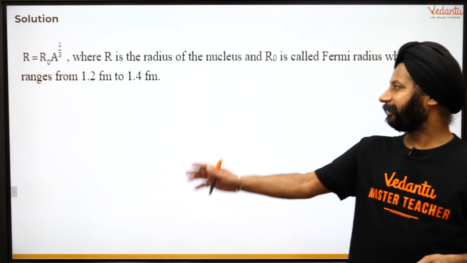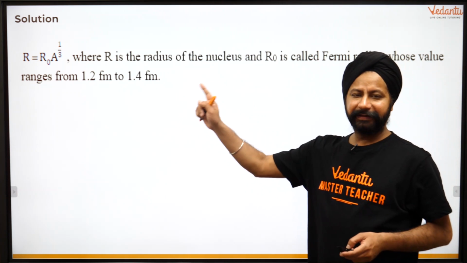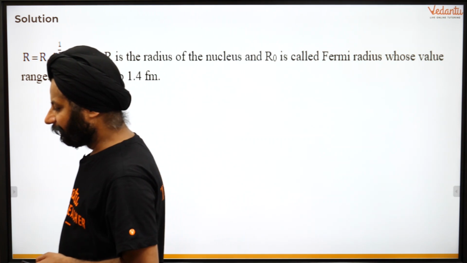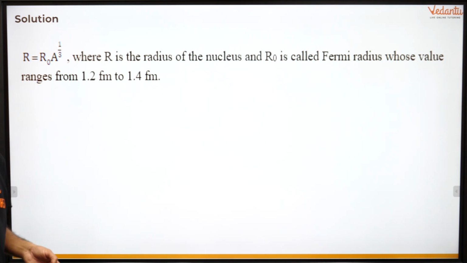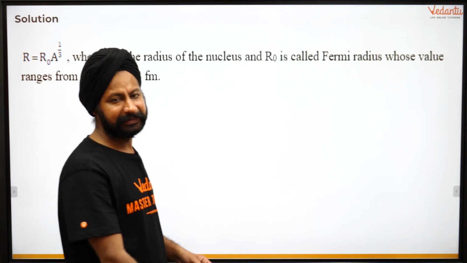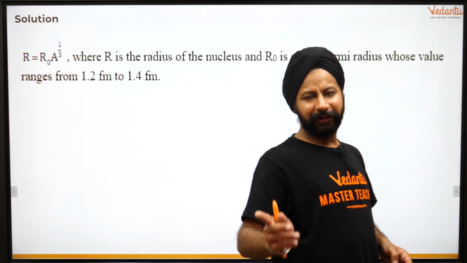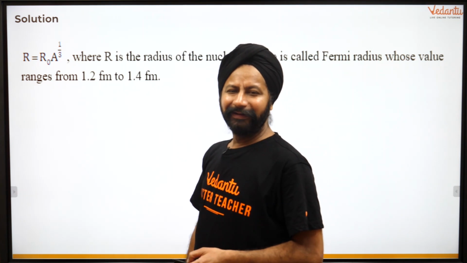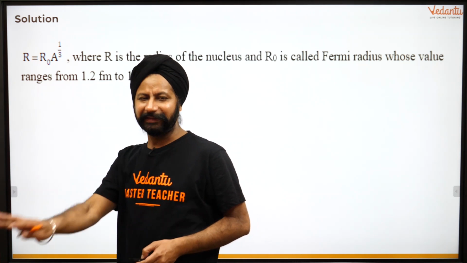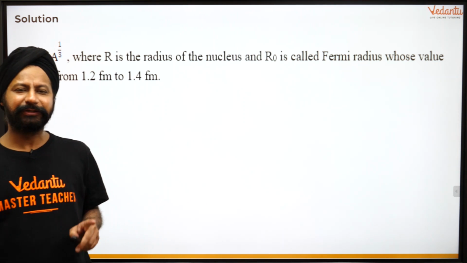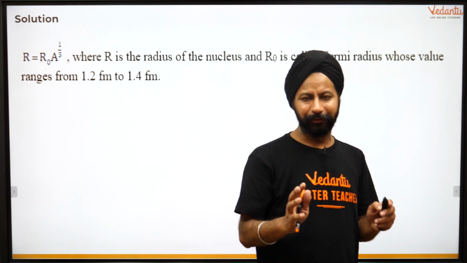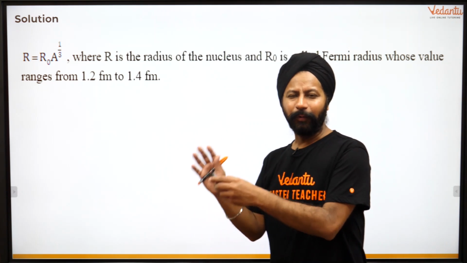So the radius is equal to the base radius times the atomic mass to the power 1 by 3, because atomic mass is the mass you're talking about, mass per unit volume. So atomic mass is the mass of protons plus neutrons. For a one-mark question, you're supposed to write this. If it's for more marks, then you write more. Right? So once you understand the concept, you decide how you have to present it. In a one-mark question you don't have to present a lot. In more-mark questions, you have to present more. You have to also go behind the scenes. Why?